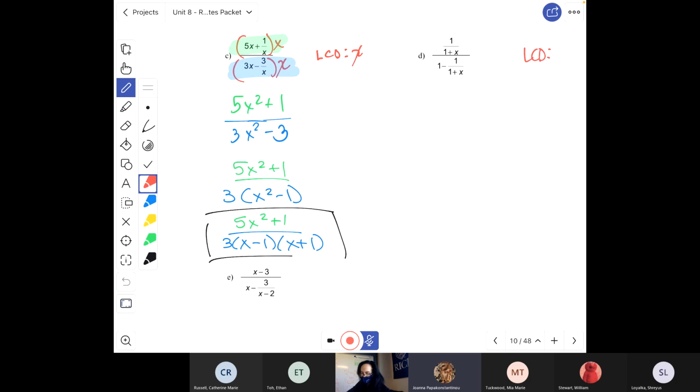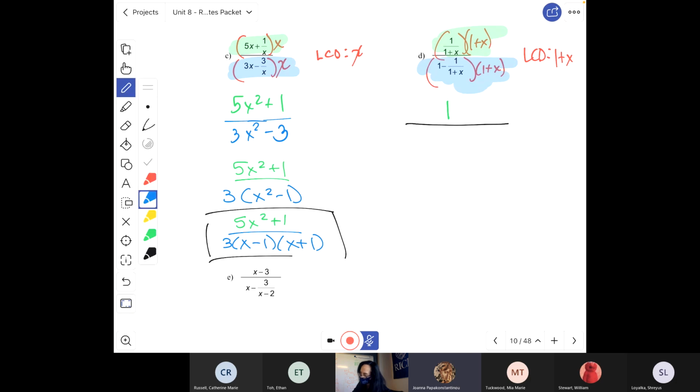What is it? 1 plus x. So I'm multiplying this by 1 plus x, and I'm multiplying this by 1 plus x. So here we go. In my numerator, what do I have? I have just 1. In my denominator,